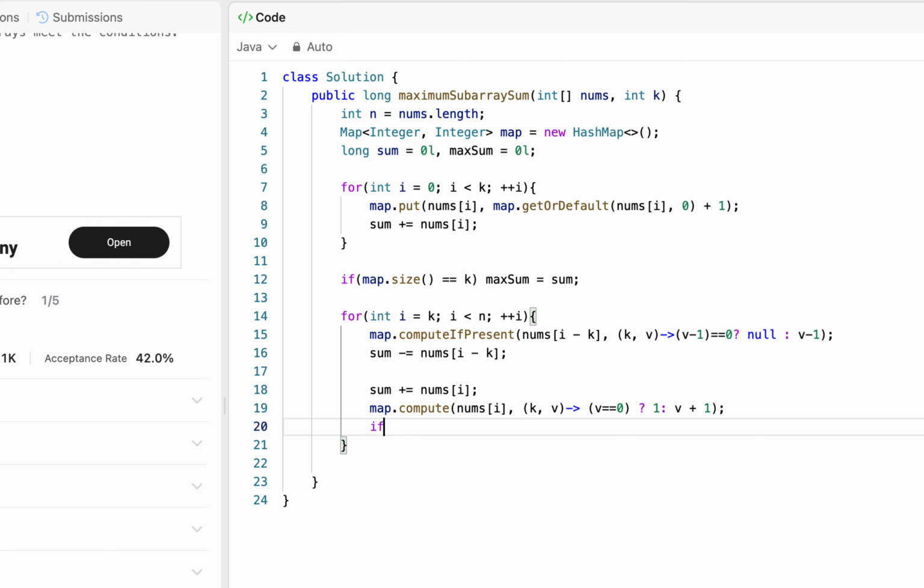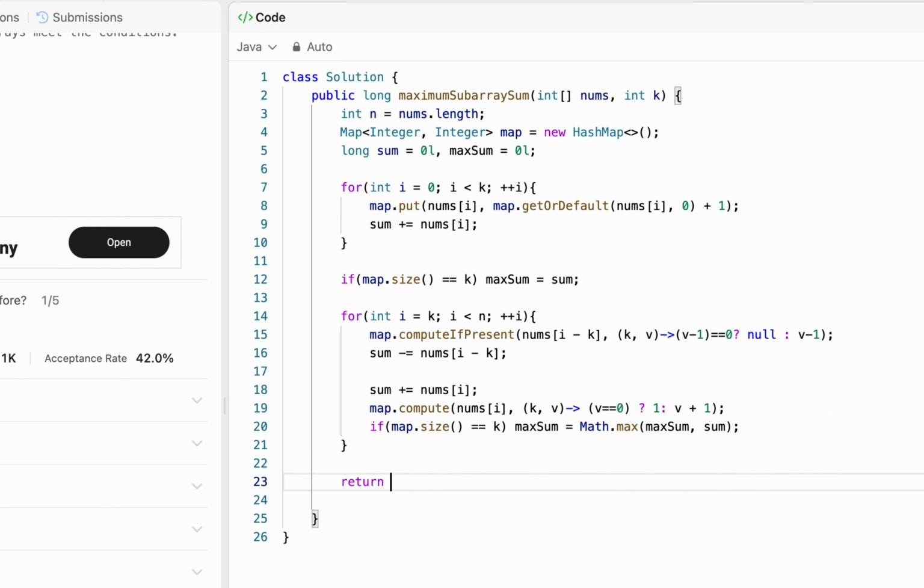And here we'll be putting a check. If map dot size is equal to k, then we'll be updating our maxsum is equal to math.max of maxsum and sum like this, and then we'll be returning maxsum. Okay,